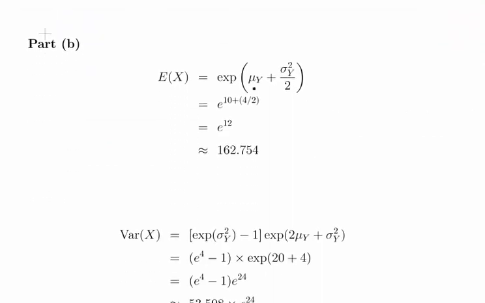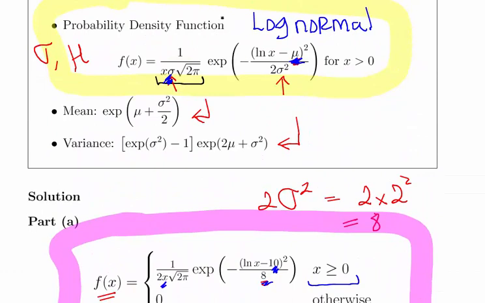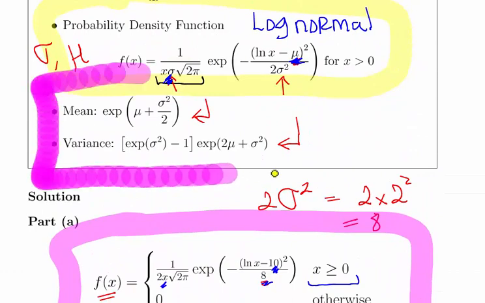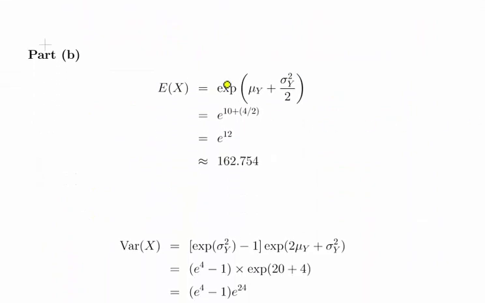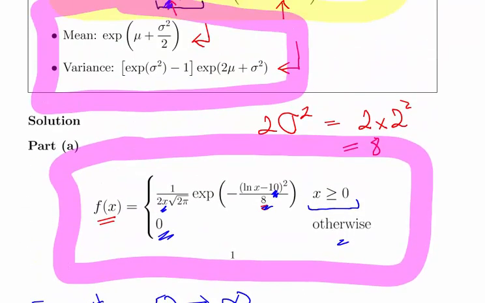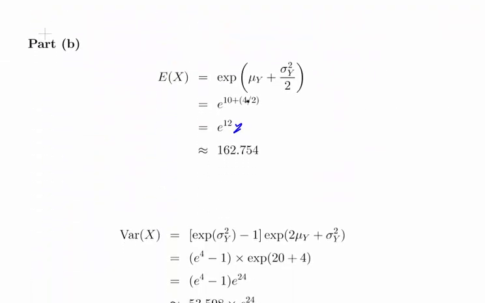Okay, part B, again, is straightforward enough. What we're going to do here is use these two formulae. Again, mu is equal to 10 and sigma squared is equal to 4, so we should get 12 there. Sigma squared over 2, 4 over 2. Did I do that right? Yes I did. So that's 12, which works out to be